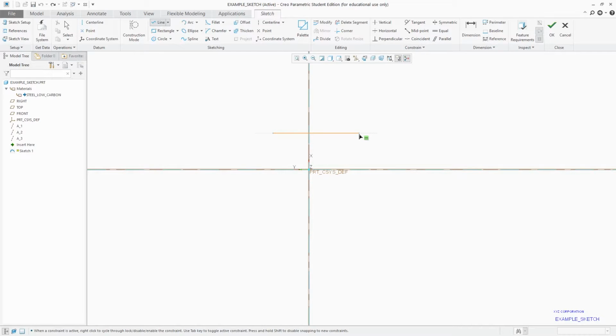This is the constraint. So basically our software is intelligent enough, like if I want to make a horizontal line, it automatically gives us a kind of polar tracking and offers us a constraint. We will talk about constraint here. So basically I just want to tell you that this is a constraint, and now